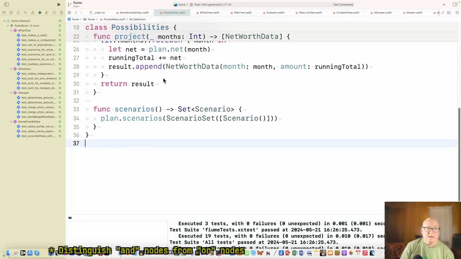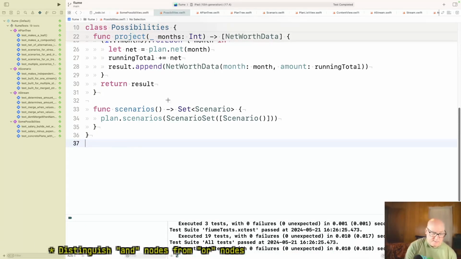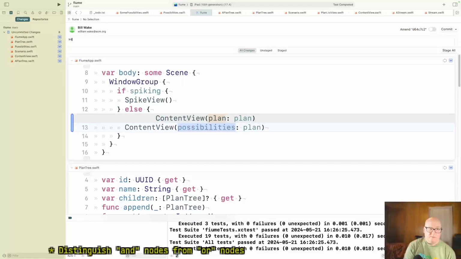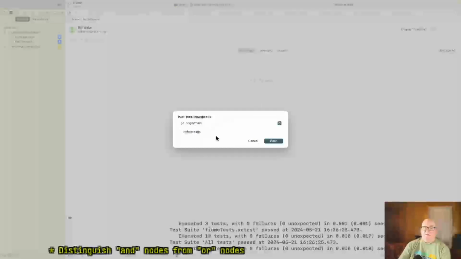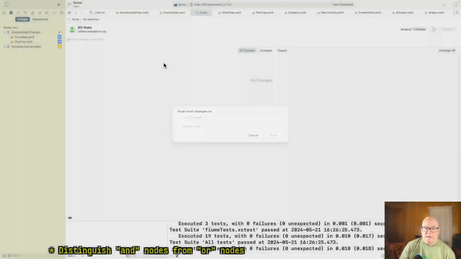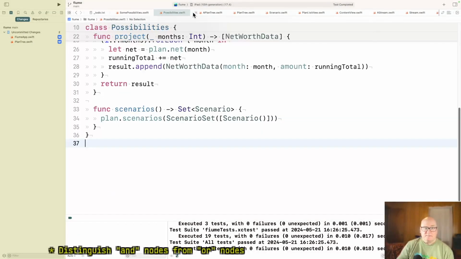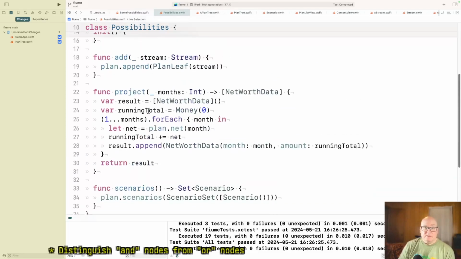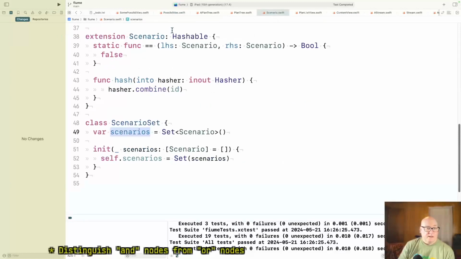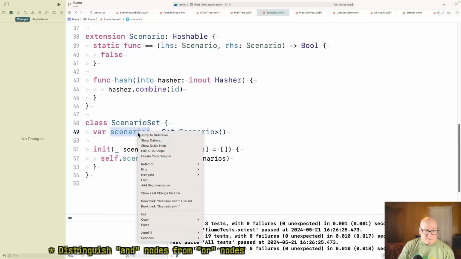So, okay. So now, well, commit this. Okay, introduce scenario sets. Okay. And now anybody who's calling scenarios, we're going to look at them very suspiciously because we want to really encapsulate that. And if they want to go through it, they should ask us for something. All right. So let's find accesses.